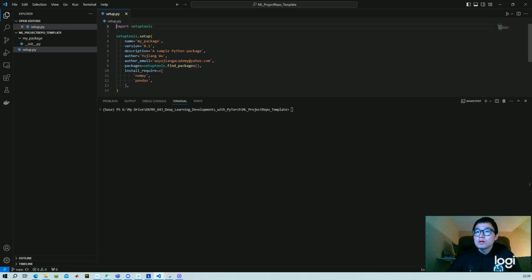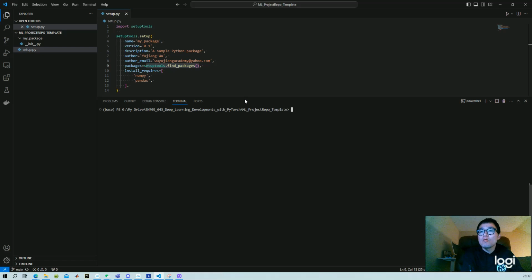essentially put all this information, and then the most important thing is you can use this find_packages method to let it automatically discover packages instead of inputting them by yourself. But essentially when you do this, one thing I would warn you is you need to have this setup.py and my package at the same level,